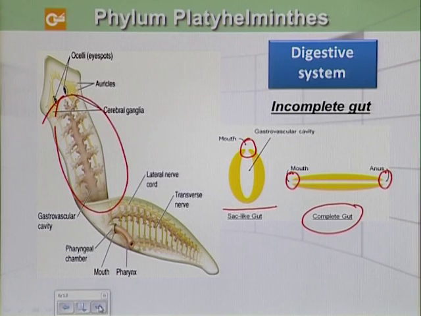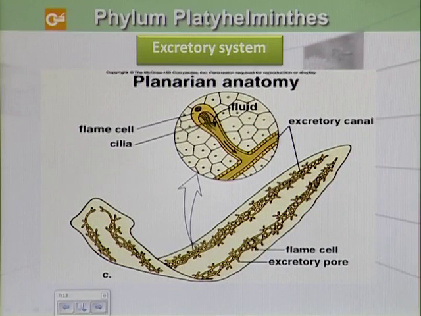So the food which they break down can be transported to different cells via this branching network, and additionally the cells along the gut can also take food particles via phagocytosis and digest them. And unlike cnidarians, flatworms have an excretory system which consists of a network of fine tubules,